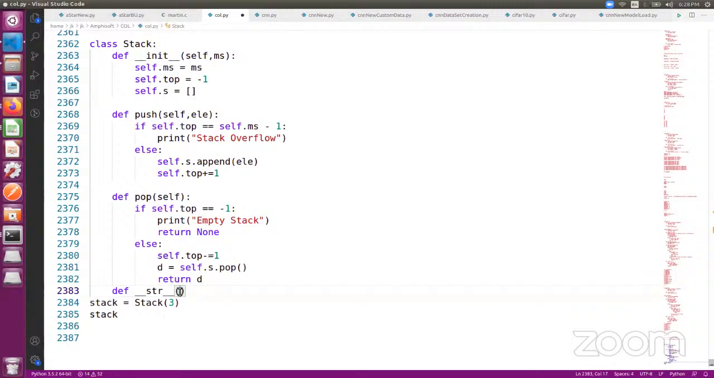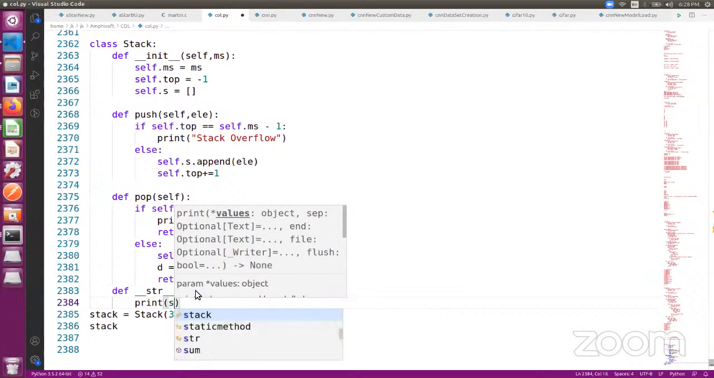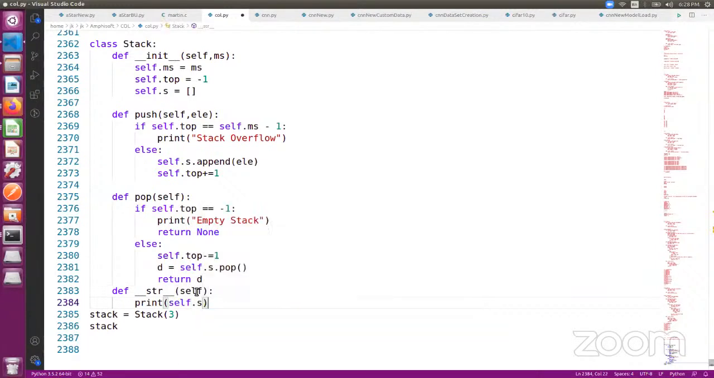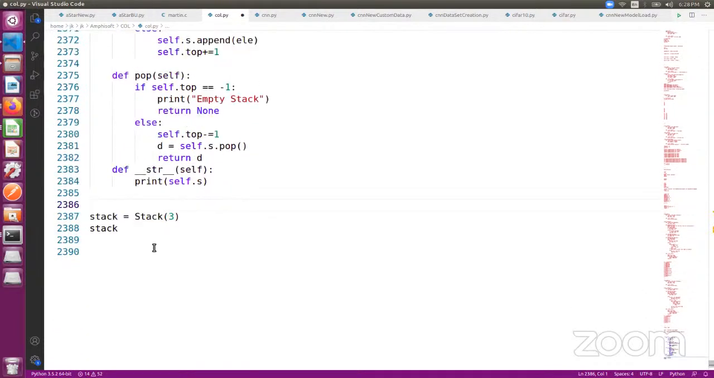So here I'm going to write the str function. In the str function, we are just going to display the list. So no need to worry about that. Just put self and then you can just print self.s. That's all. Stack dot. First, let me pop and see what the output is. So print of stack dot pop, and then now